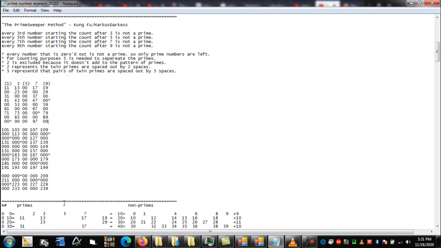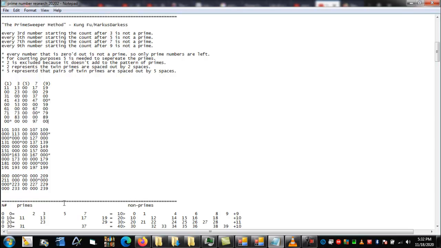You can skip 5, because, again, like I said, anything that ends in 5 is automatically not prime. So you don't have to count it. You could just punch it in, and as it ends in 5, it's automatically not a prime. But everything that ends in 1s, 3s, 7s, and 9s, you should be doing the counting. This will also help take out the non-primes, so that means you don't ever have to count the non-primes